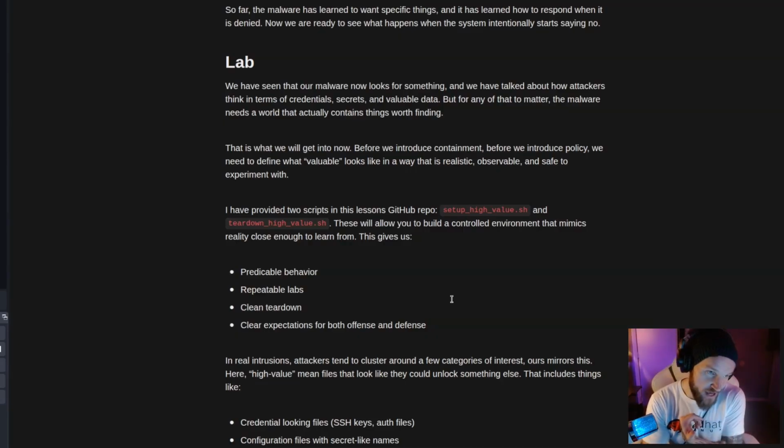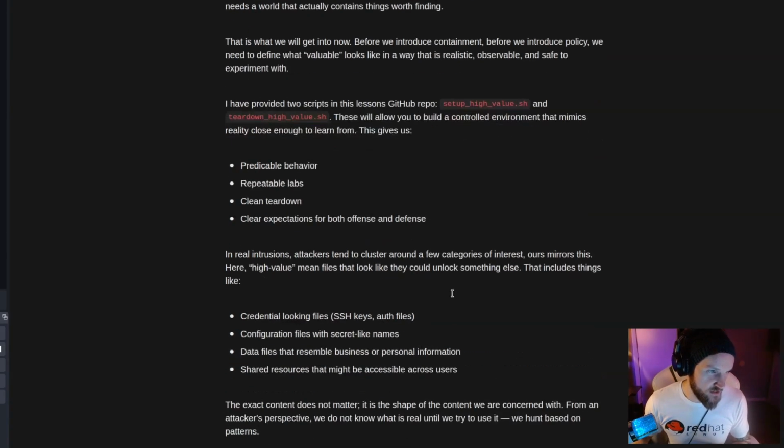But for any of that to matter, it needs a world that actually contains the things worth finding. Okay, so that's what we're going to do now. Like I said, I provided two scripts in the lessons GitHub repo: set up high value and tear down high value. These will allow you to build a controlled environment that mimics reality close enough to learn from. All right, so this gives us predictable behavior, repeatable labs, clean teardown, and clear expectations for both